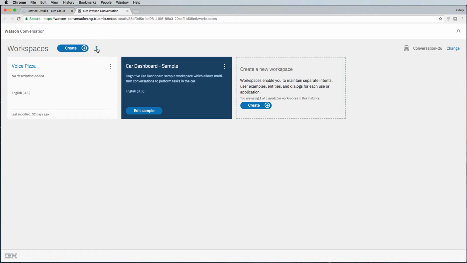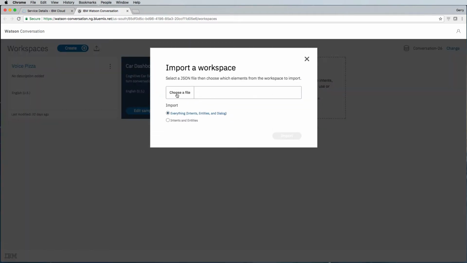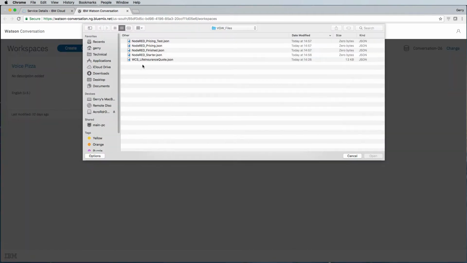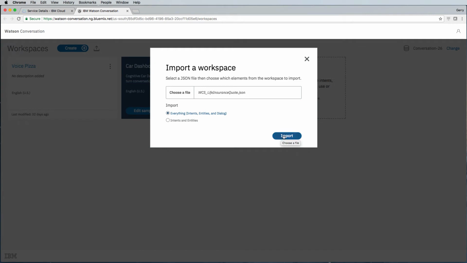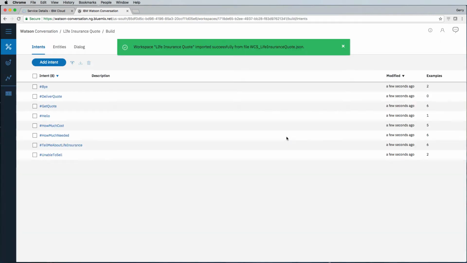What we're going to do now is import a new workspace. You'll find the location of this file in the video description. So I'm just going to take it from my local machine. I'm going to import everything, and that's created the new